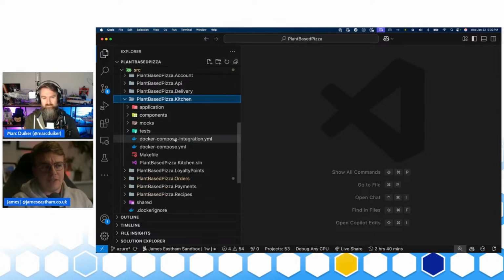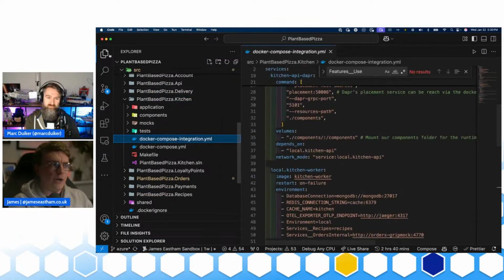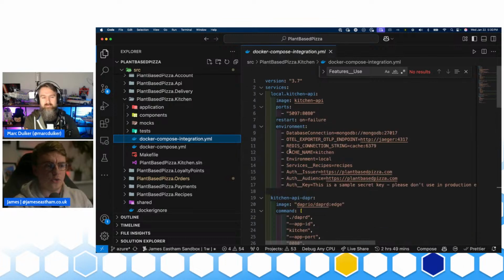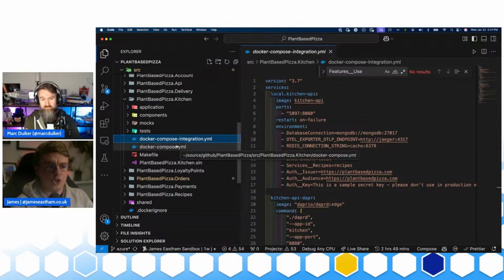But what I wanted to talk about is not necessarily the service-to-service integration, but how I do integration tests with these services. So obviously, one of the things you want to be doing with a microservices architecture is to be able to test each microservice independently. You don't want to have to spin up your entire architecture to run a test, because that kind of breaks the principles of microservices.